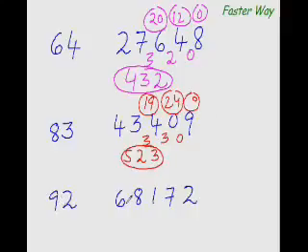9 how many times is 68? 9 7 times is 63. So the remainder is 5. The new dividend would be 51 minus 2 times 7, that is 14. 51 minus 4 is 47. Jumping down 10 is 37. So the new dividend is 37. 9 how many times is 37? 9 4 times is 36. So the remainder is 1.